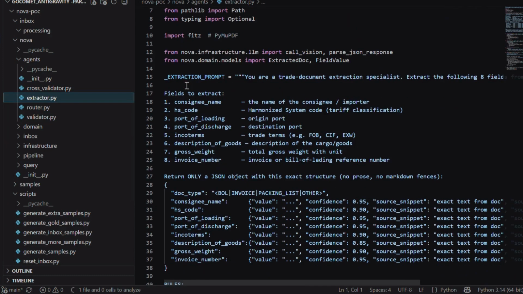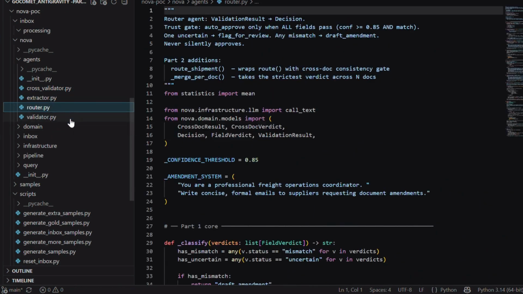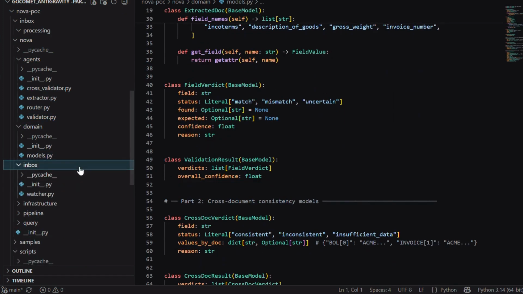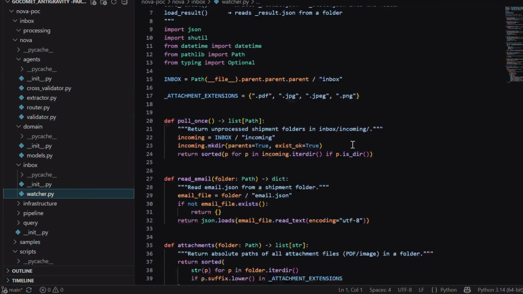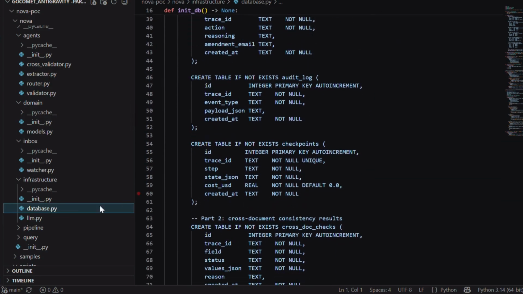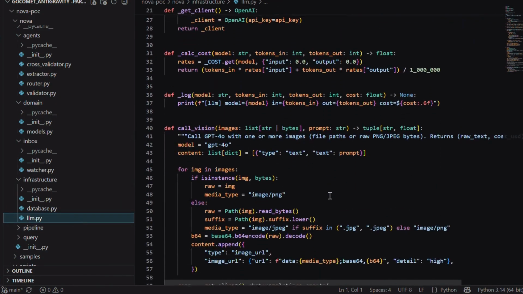Now let's go through the code walkthrough, to see what is exactly happening. We have the cross validator, we have the extractor, router, and validator like the last time. Then we have the models, which are the pydantic models that are present over here. We have included the watcher, which is the inbox thing, as well as in the infrastructure it remains the same,